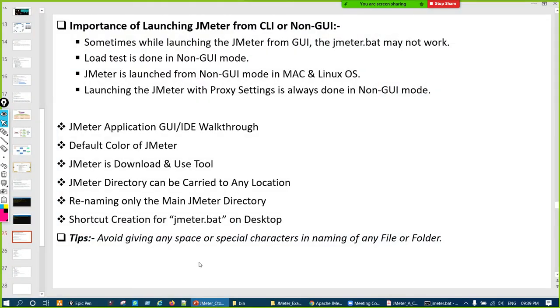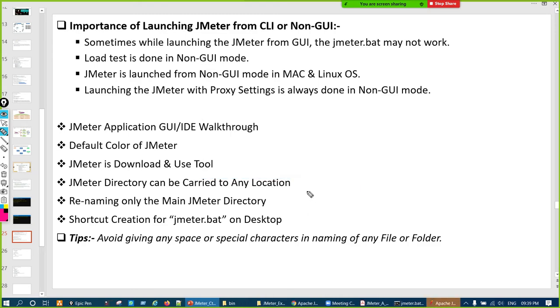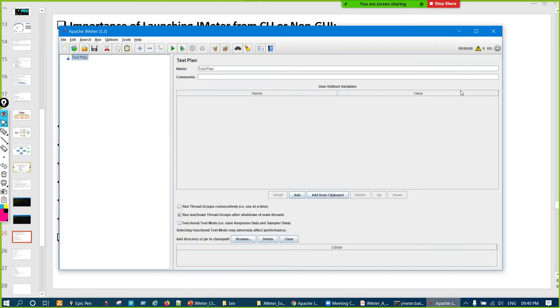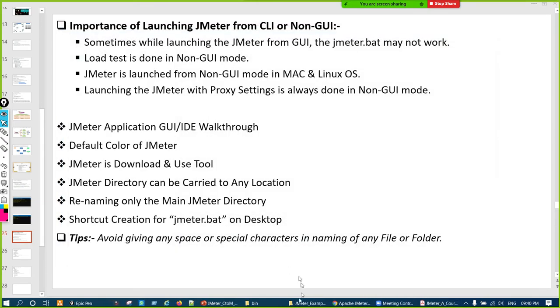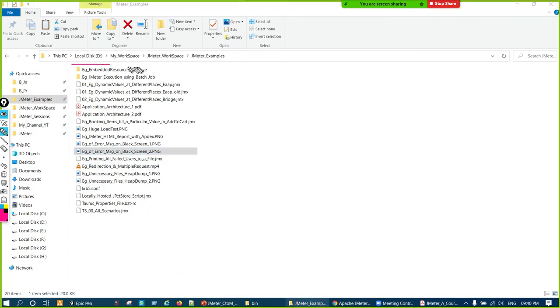And then one more thing. Let us close it. Generally this is the practice in most projects as a standard: avoid giving any space or special character while naming any file or folder. If you observe here, this is my folder structure of the JMeter example.